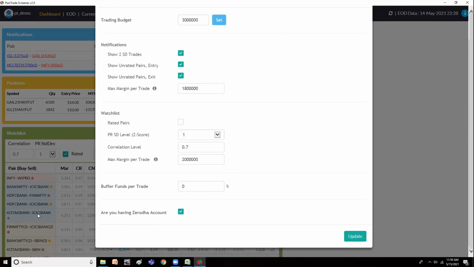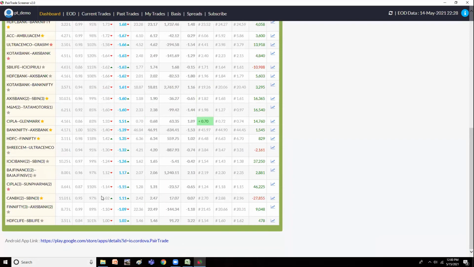Similarly, in the watch list section, by default 0.7 and above are displayed. Now suppose someone says, I don't want to do anything which is below 0.8. So you can set it. I want anything which is above this one. So I say update. Some pairs which are below that level will not be displayed. Some pairs would have skipped here, because those are below 0.8 range.